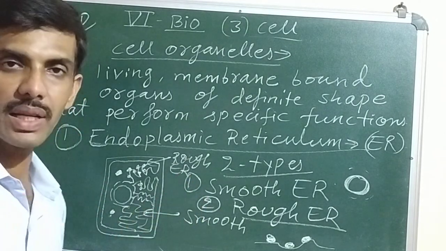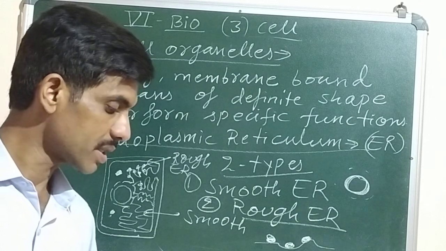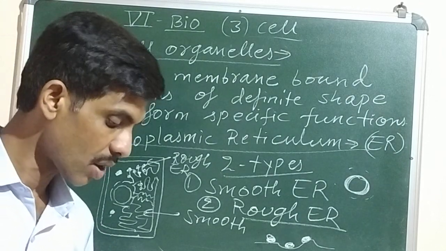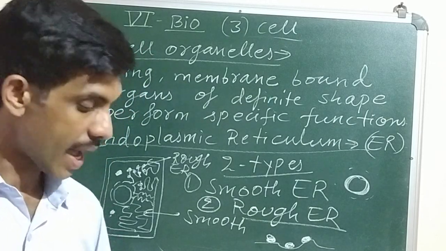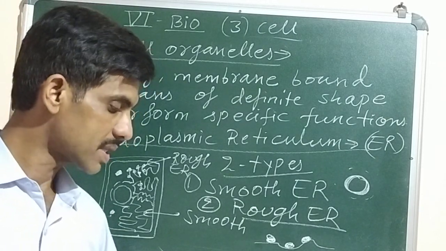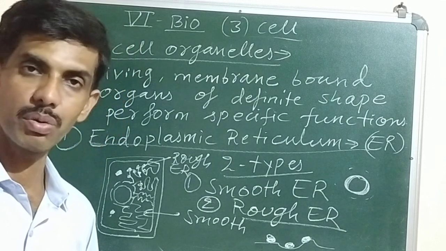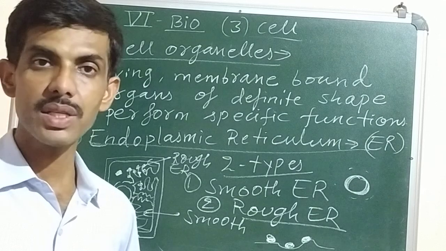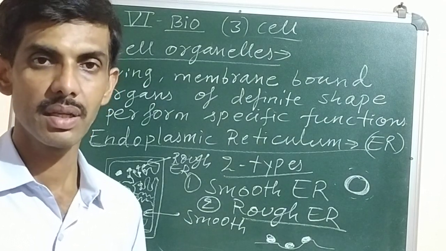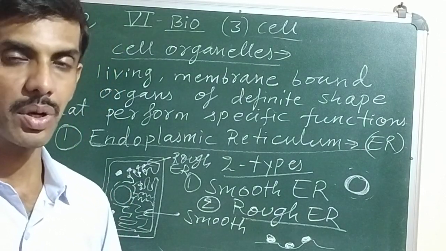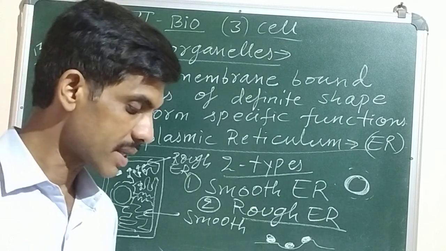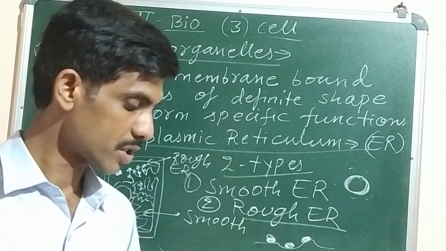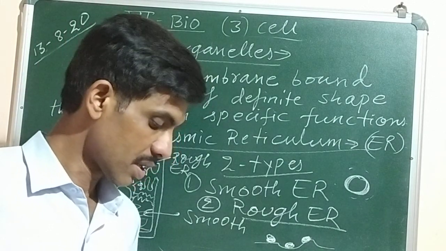And as homework, that is most important, I have drawn the diagram of plant cell in the beginning. Those who have already purchased the book, you can draw the diagram of plant cell which is given on page 41, as well as the animal cell which is given on page 42. And the third one is, you will write the functions of nucleus, the function of mitochondria, as well as the function of endoplasmic reticulum. So this much only you can do as homework.